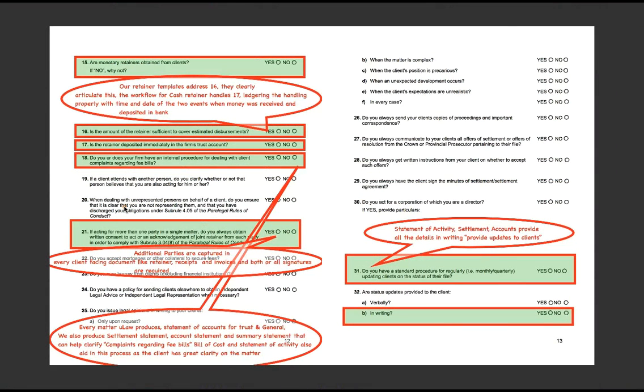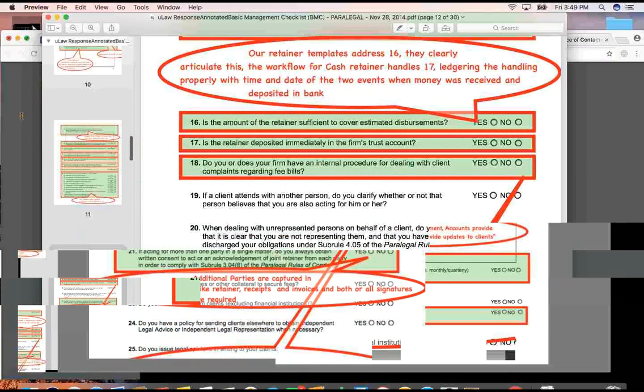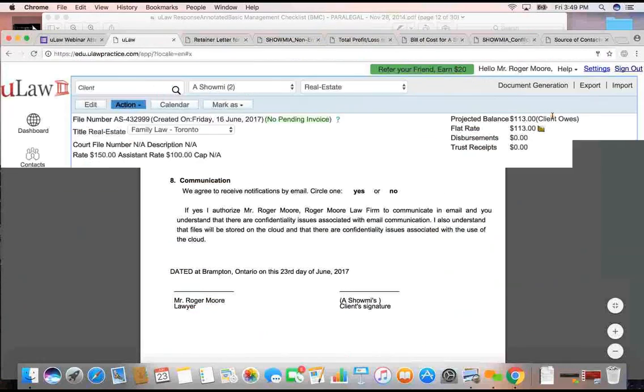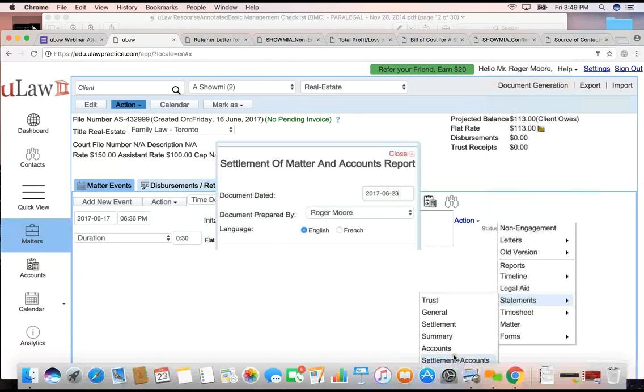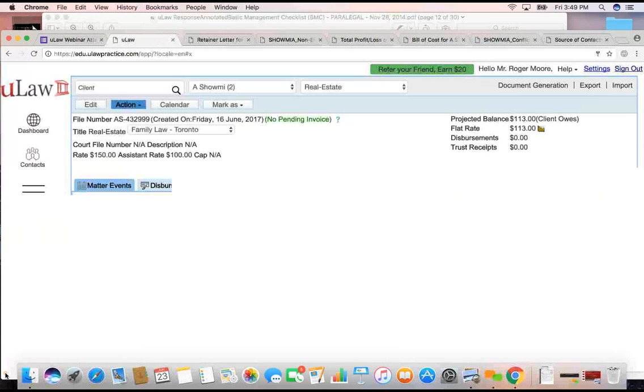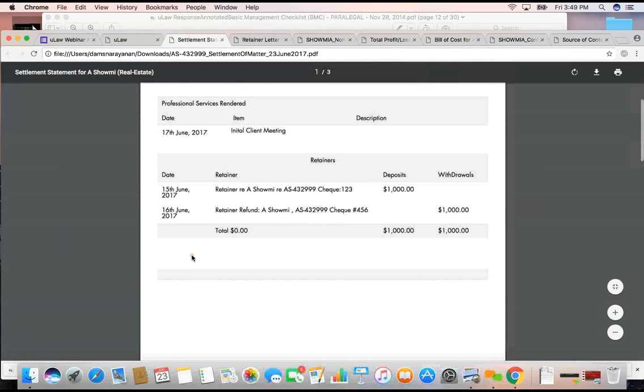The next thing is, they're asking you questions about how you're handling retainer deposits properly. This is where your reconciliation statement or any bank statement with respect to how you record it can really help. They're asking if you're providing updates to your client in writing. If you provide a good settlement statement, a statement and settlement of accounts, I don't think a client requires any more clarity than that, because it clearly tells them what you did, and all the retainers that happened in this matter,